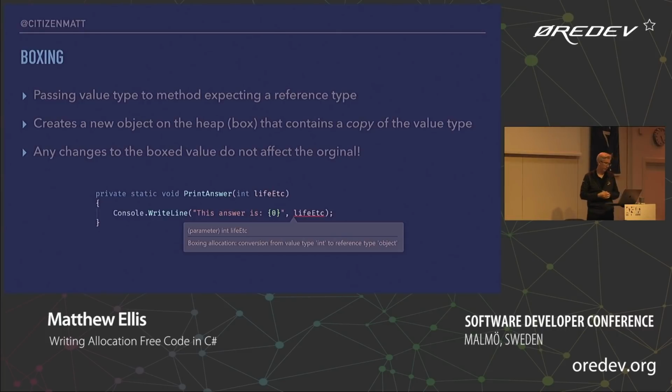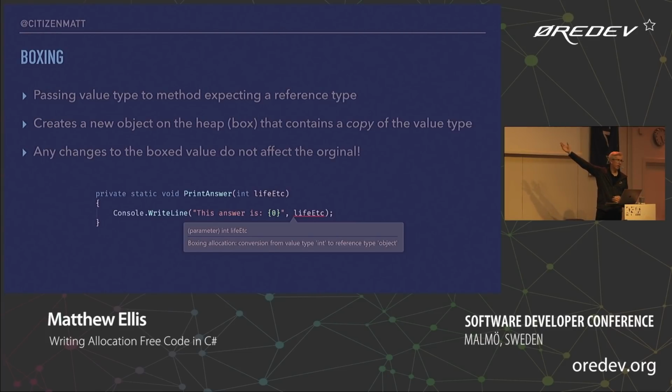So let's just check. Just to recap then on some of the boxing stuff, if you pass a value type to a method which expects a reference type, it's not going to work, because you've got these two sort of incompatible types going on here. So what you have to do is convert your value type into a reference type, and you do that by creating a box, effectively. The runtime does this for you. It creates something in the object type. Because a value type can live directly inside the data for a reference type, it just gets copied straight over there. And so now the method which expected an object, for example Console.WriteLine here,